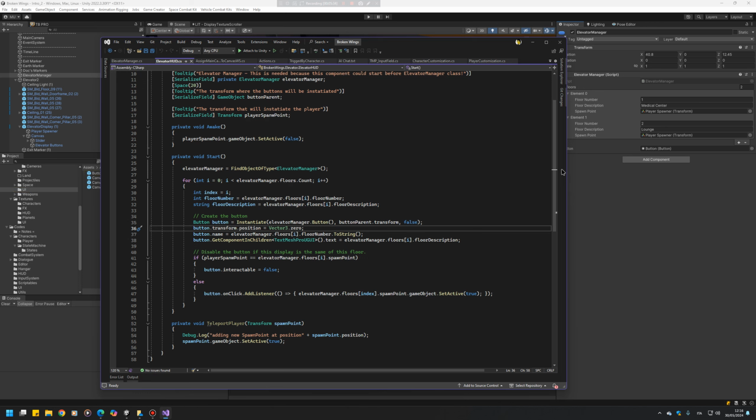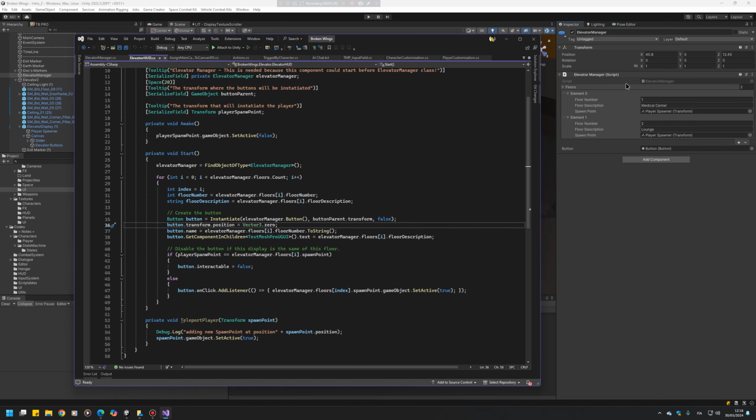So we instantiate a button for every floor that we have specified inside the elevator manager, and also assign to the button an event on click. So on click we will activate the spawn point for the player,